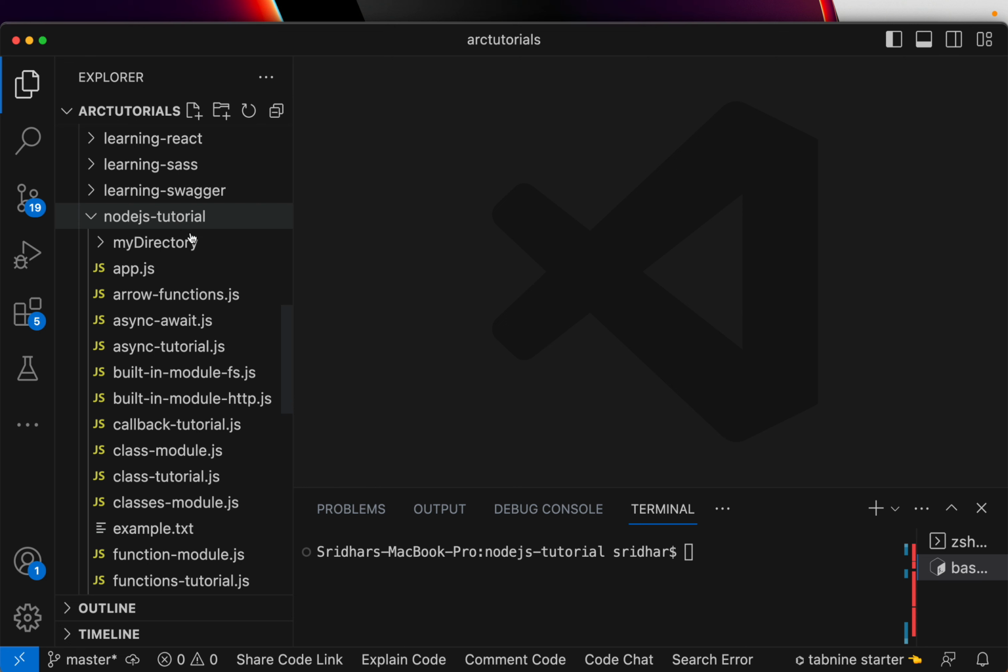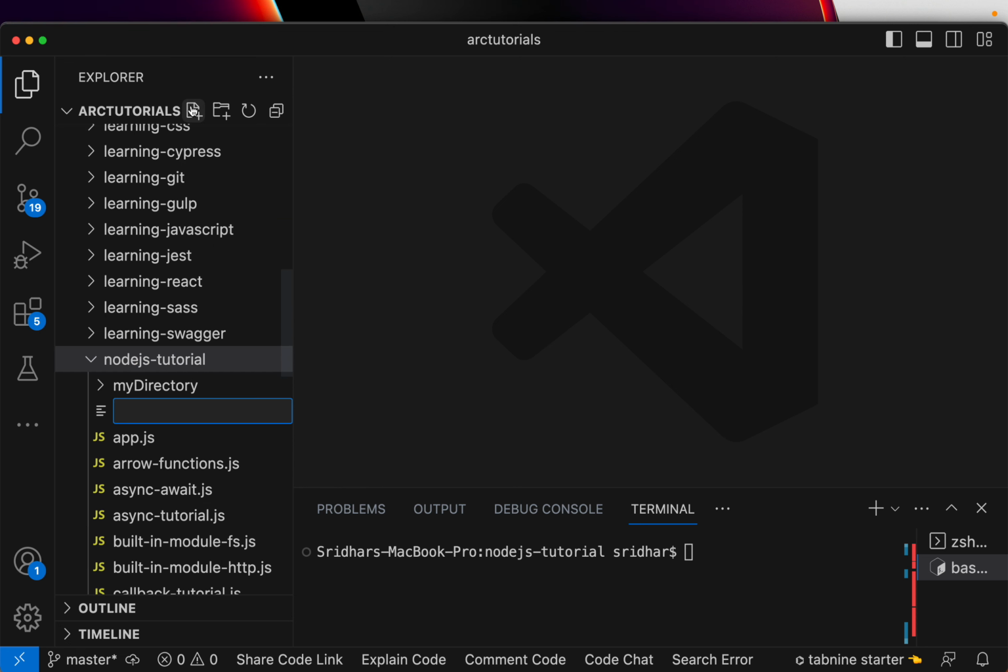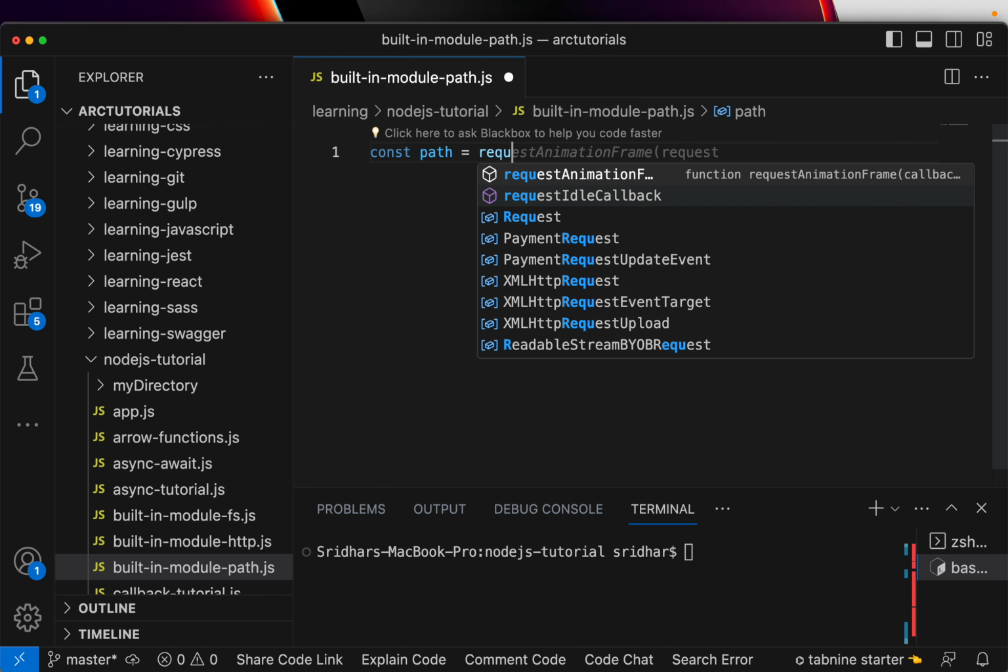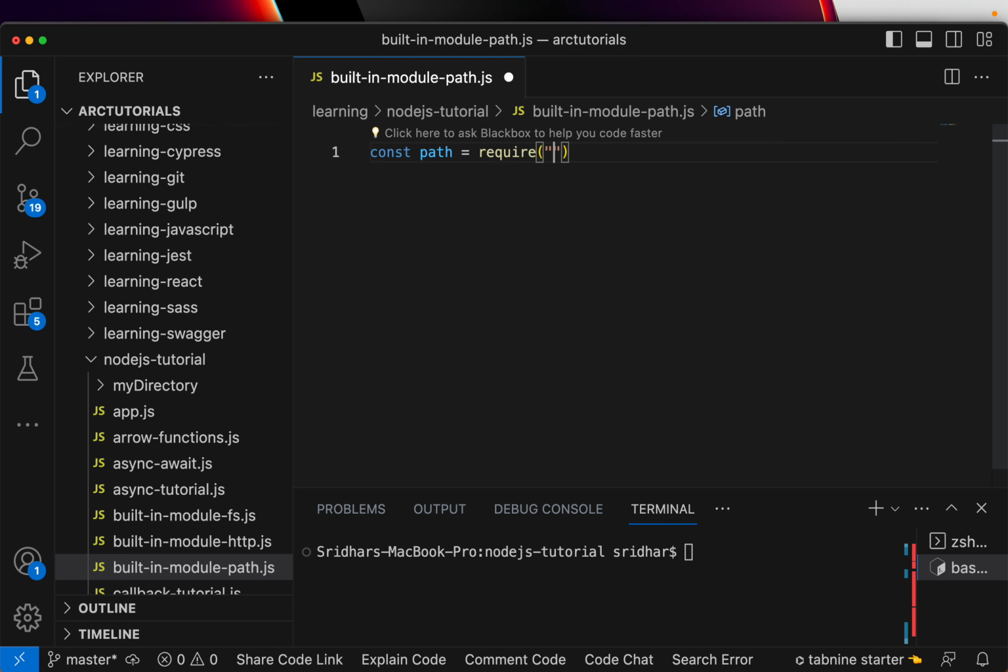Alright, I am in my Node.js tutorial folder. I'm going to create a new file here, built-in module path.js. Alright, so first things first, the first thing you need to do is import obviously the path from Node.js. So you'll write require, and here you're going to say path from Node.js, right? So once you have it, let's say first use case I'm showing you